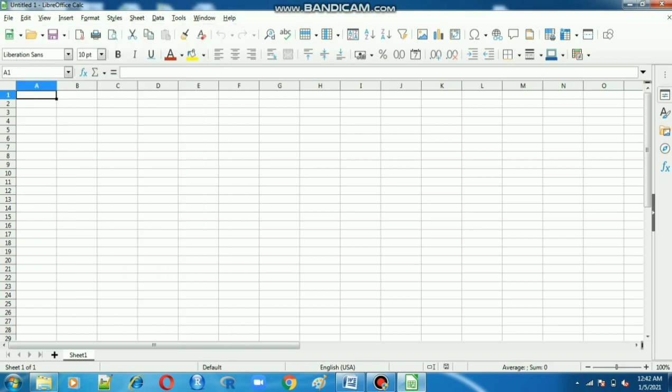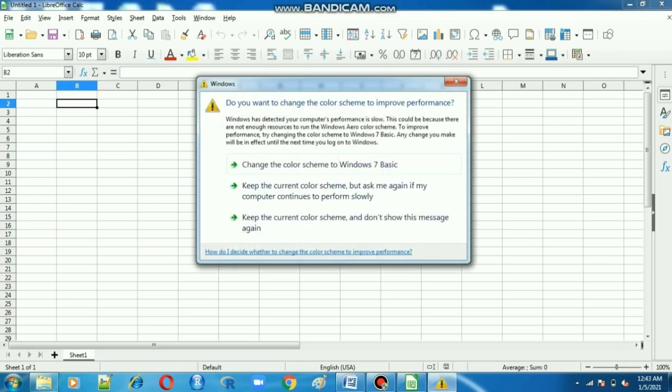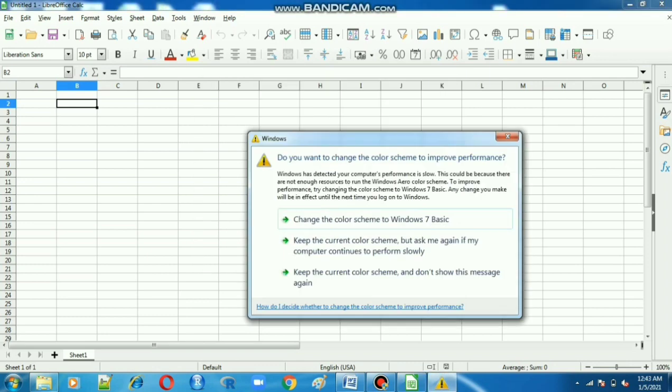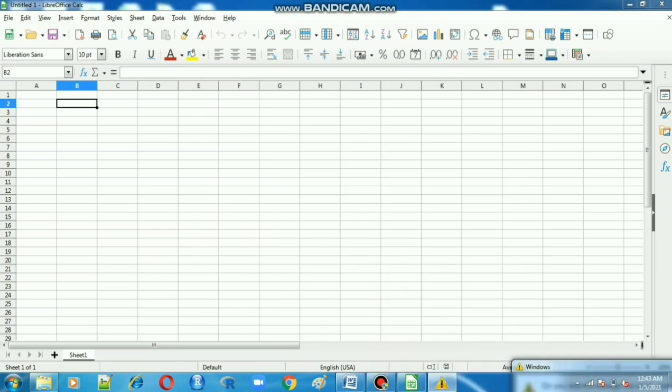So first we have to create some details. We have to enter the data in Excel itself. Before that we have to know what an Excel worksheet means. This page is called a worksheet. A workbook means, see here, sheet 1, sheet 2, a collection of one or more sheets.